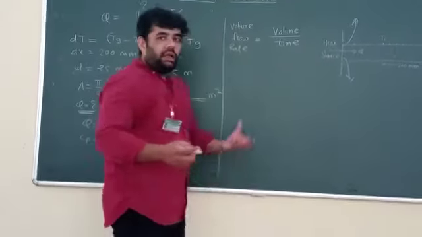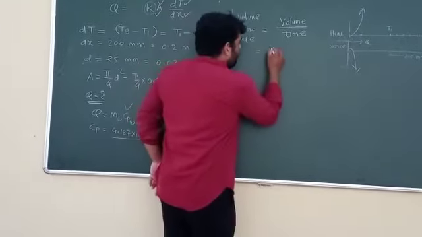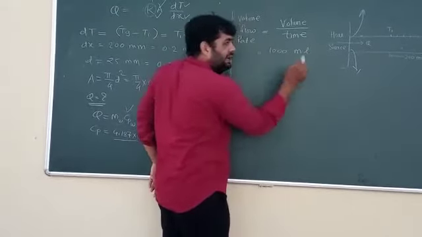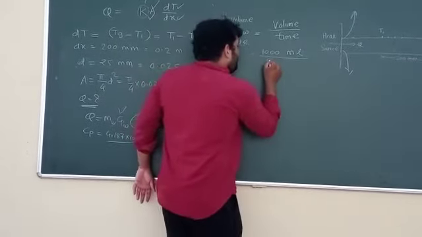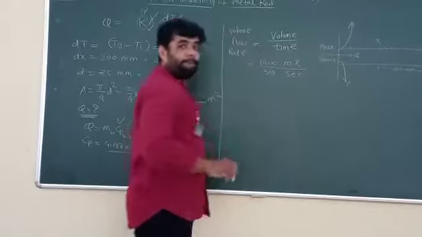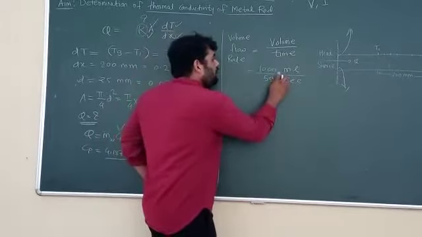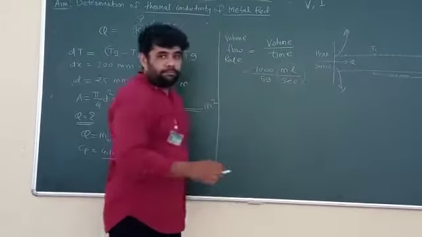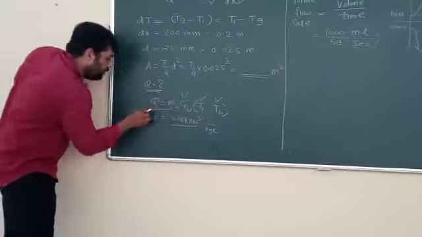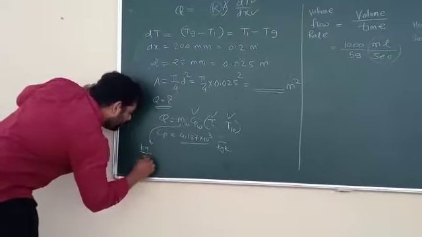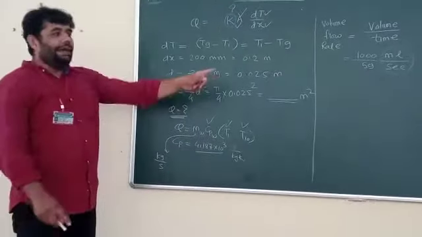So what we have done is we have taken the volume as 1 liter of water, or 1000 ml. So 1000 ml of water is collected in 58 point something seconds, so we will take it as 59 seconds. So what is the volume flow rate? Some volume is flowing with respect to time, so this value will be in ml per second. But the value of m_w required in this formula is in the unit kg per second. Now how to convert this ml per second into kg per second, that I am going to explain now.